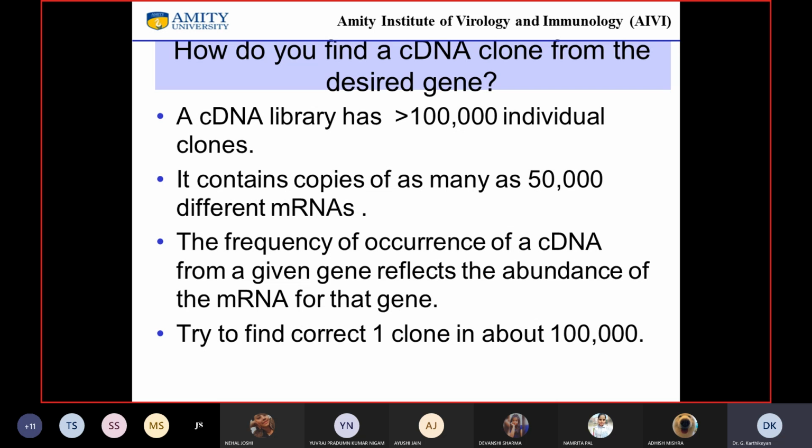Okay, for example, there are certain genes that are expressed at very high levels, and there are certain genes that are expressed at a minimal level, and there are certain genes that may be expressed at a bare minimal level, right? Genes that are not immediately essential may not be expressed at all. So the messenger RNA for those genes is going to be very low.